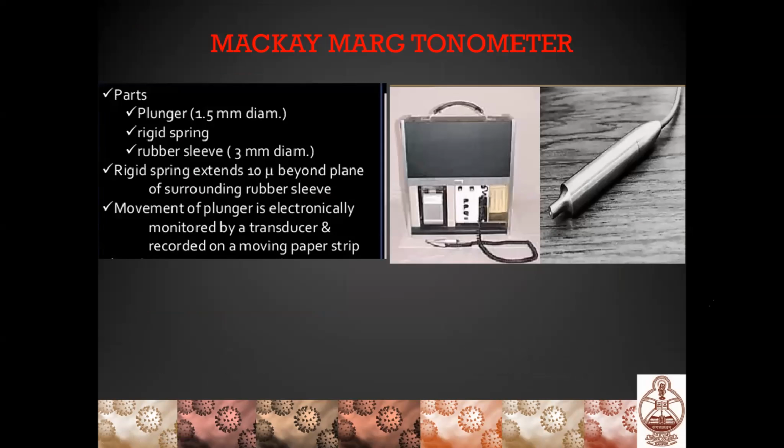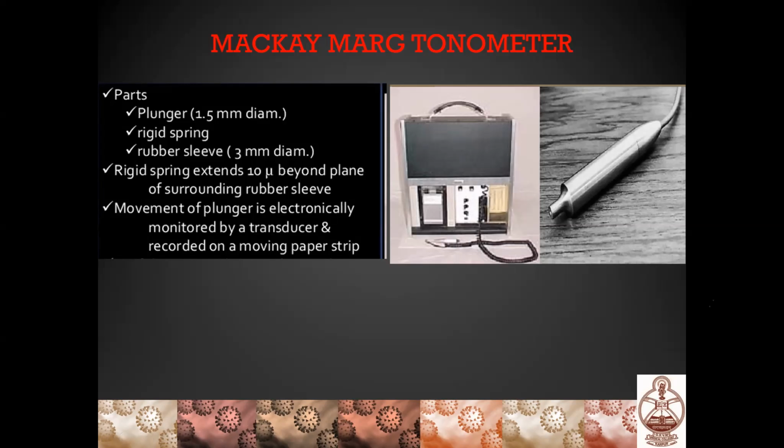Then comes the Mackay-Marg type of tonometer. Now, what is there? Now, in Mackay-Marg tonometer, there is this small area. This is the area which is one plunger, which is 1.5 millimeter in diameter. And there is a rubber sleeve or silicone sleeve, which is 3 millimeter diameter. Now, there is an air pulse, which actually on a plunger floats on the air pulse in between on the